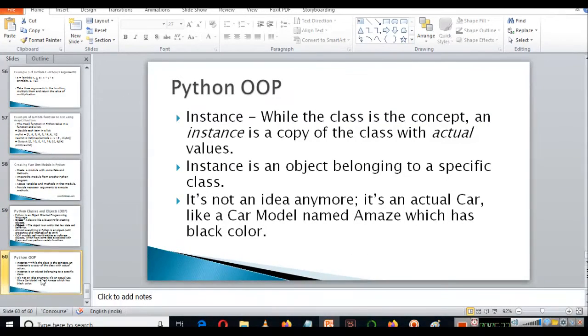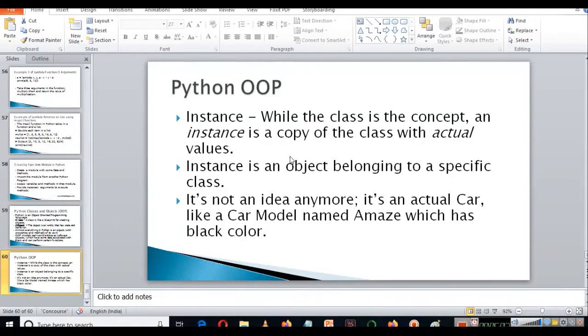Also in Python object-oriented programming, there is the instance. You will interact with this term many times, instance. So we create an instance of a class. While the class is a concept, an instance is a copy of the class with actual values. An instance is an object belonging to a specific class.